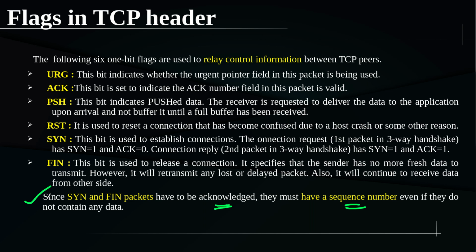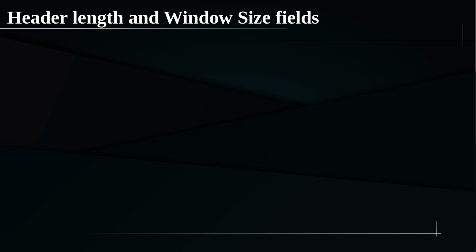You may be thinking, why do we have to waste our sequence numbers for this special SYN or FIN packets? Why don't we give them to the data packets? The answer is no, because we want to acknowledge them also. The acknowledgement number is typically given with respect to the last sequence number plus 1. So we will typically give a sequence number to the SYN as well as the FIN packets, even though they are not containing any data.